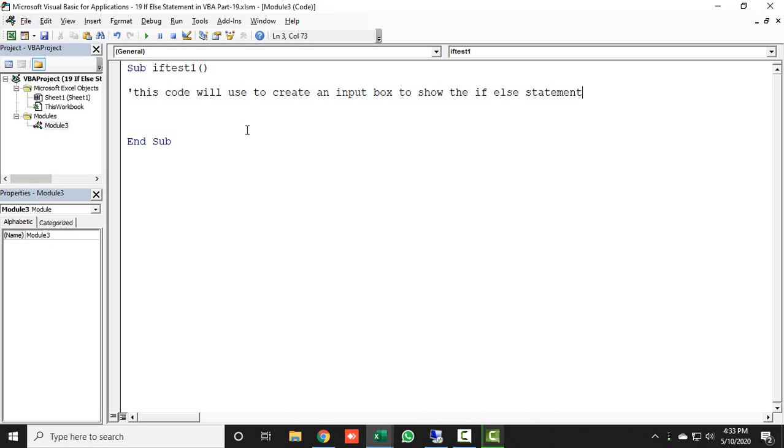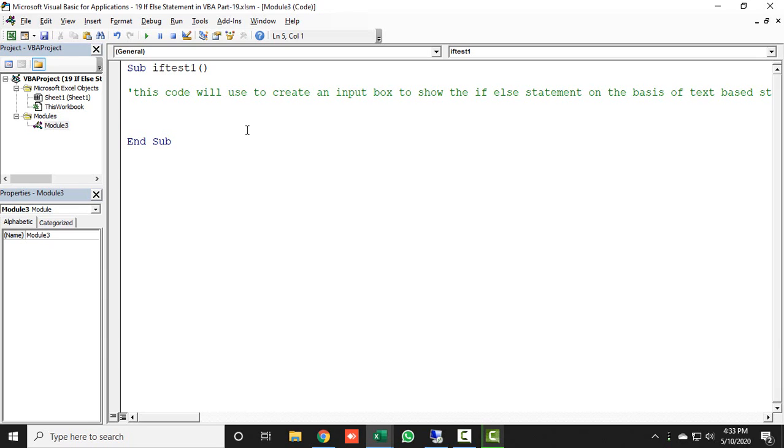Any message you can put over here on the basis of a text based statement. So here I have written the comments for this code, and now I will start coding.